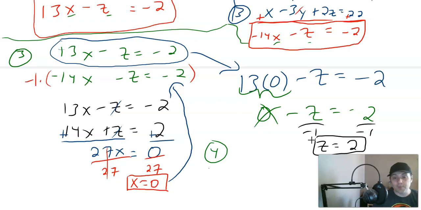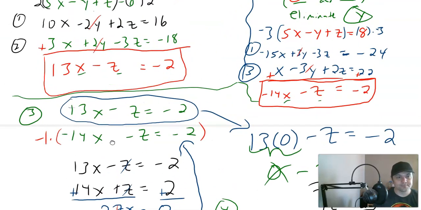Now that you have both of these results, plug both of them back into one of the original equations, and you will get your final result, right? Because with 3 variables, we need 3 numbers. We need 3 numbers to be a solution. And so going back to the original equations,